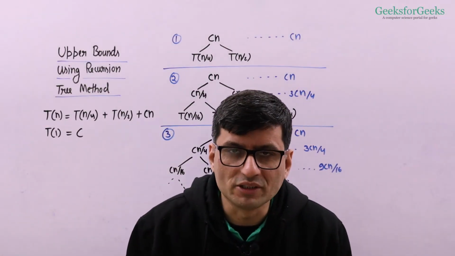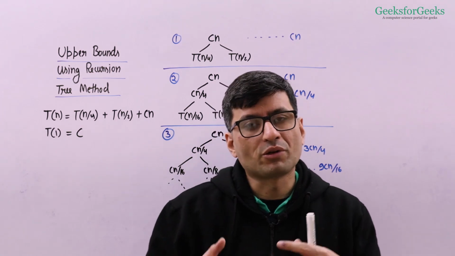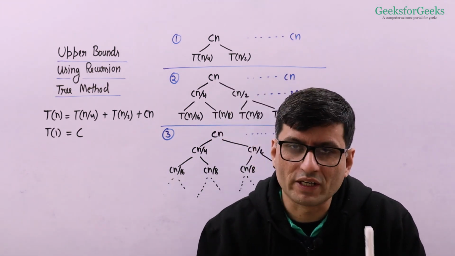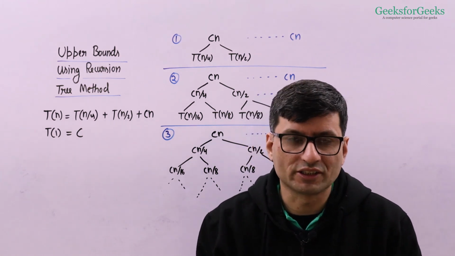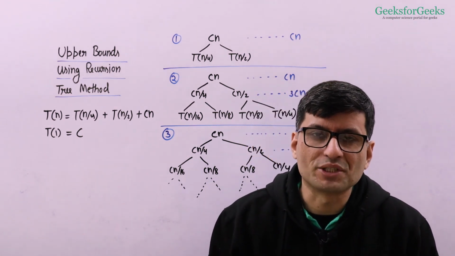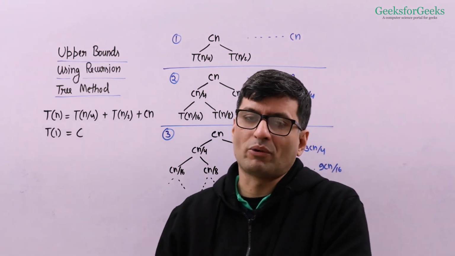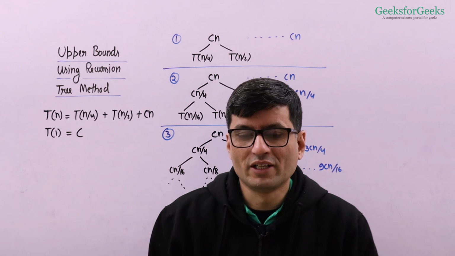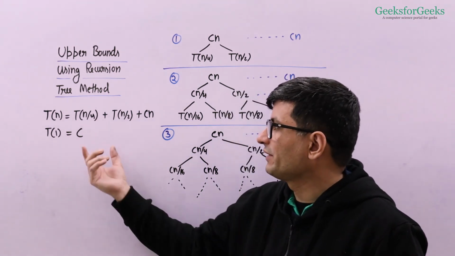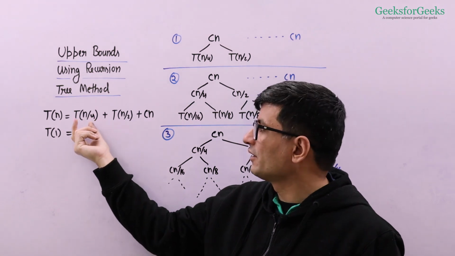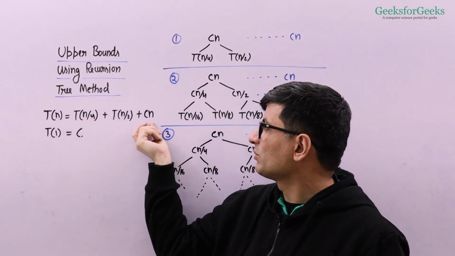In all the examples that we have discussed so far, we could find exact bounds. We could find theta notation for the recurrences. There might be certain situations where it might not be possible to find the exact bound. And here is one example. Let's say we have this recurrence relation, T(n) = T(n/4) + T(n/2) + Cn, and